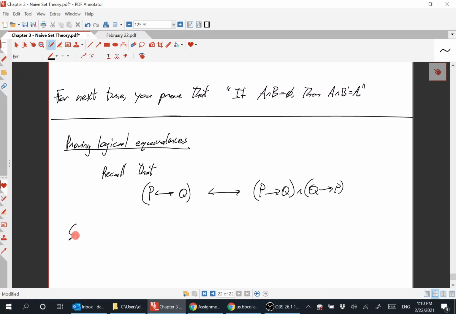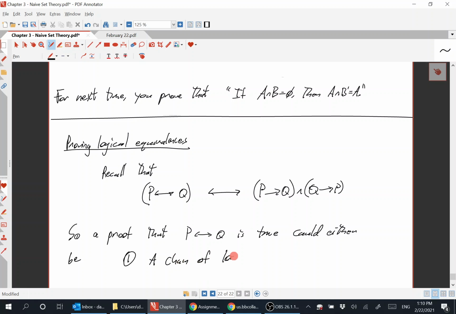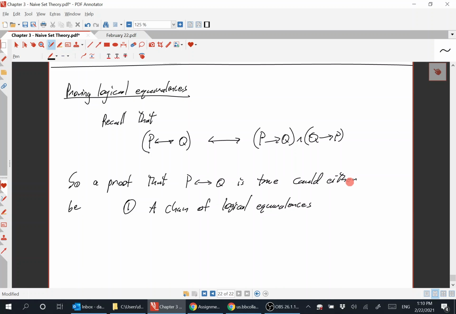So a proof that P if and only if Q is true could be either 1, a chain of logical equivalences, or 2,